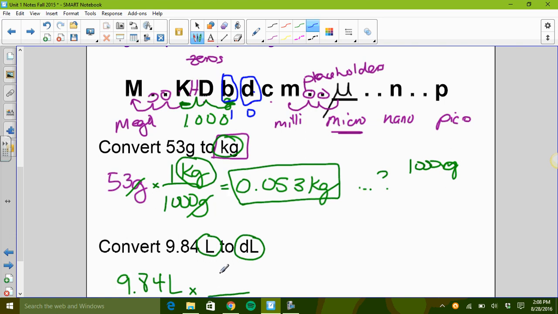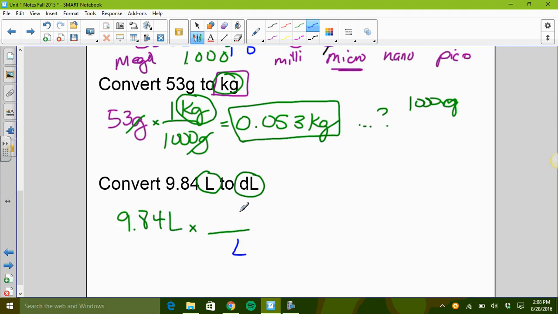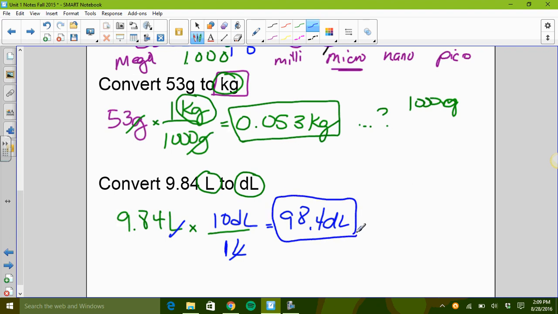All right, so that means down here, we're going to put liter on the bottom and deciliter on top because I need to cancel these 2 liters. Remember, the liter is bigger. You have 1 liter and it has 10 little deciliters in it. It helps rationalize it. So the 2 liters cancel. The number does stay here, it's just divided by 1. So in the end, we're really just doing 9.84 times 10. That's 98.4 deciliters. And there should be more deciliters because they are smaller in quantity.